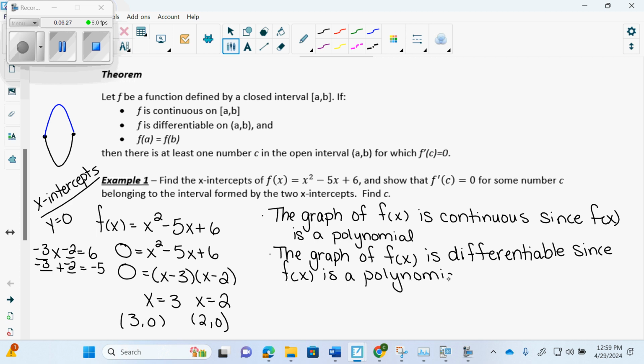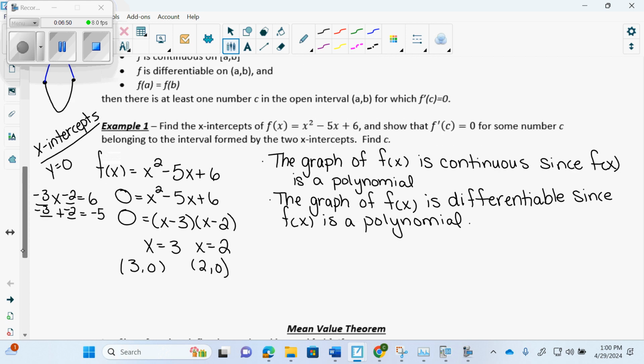Okay, let's go through and see what it actually wants us to do. Here it says, find the x-intercepts of f of x and show that f prime of c equals 0 for some c belonging to the interval formed by the two x-intercepts. So Rolle's theorem states it has to be continuous. We already stated that. It has to be differentiable. We already stated that. It has to have two y values that are the same, which we just found. Correct? So we can say, using Rolle's theorem,